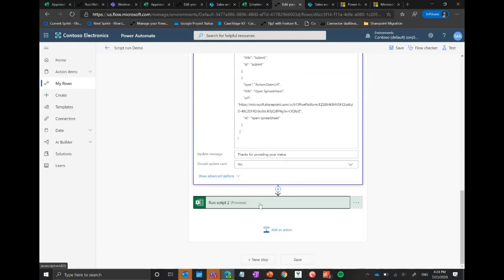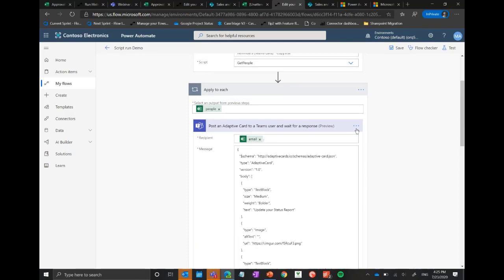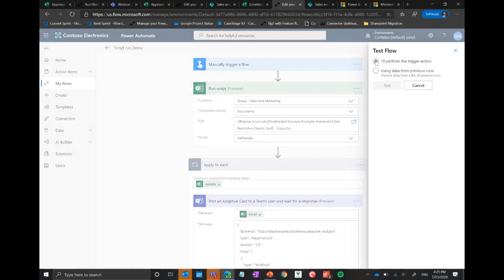And once they do give me the status, I run another script, which in this case takes inputs. This script is called save response. It again takes the email information and the response that the user might have entered and writes it back into the Excel file. So let's just run this to show it to you end to end before diving into the scripts a little bit. So if I say test,